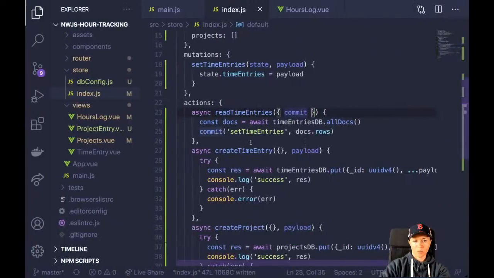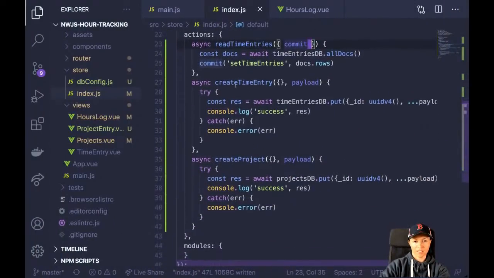So now I need to be able to create time entry from the